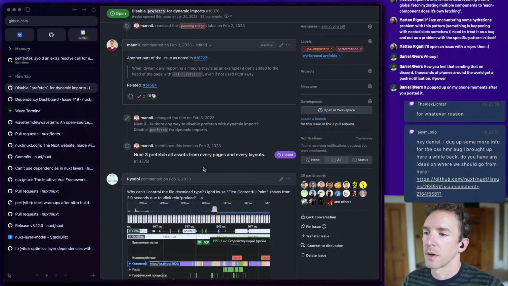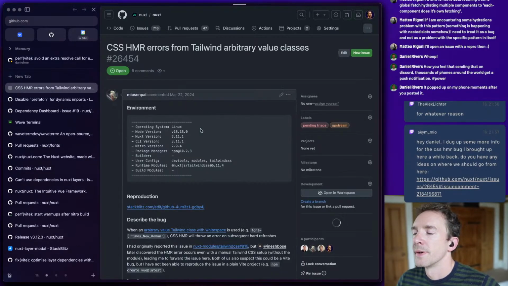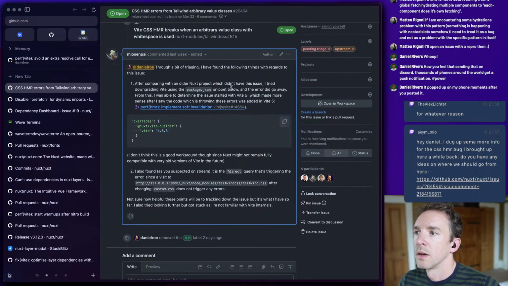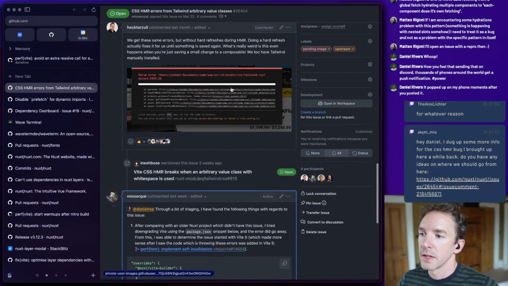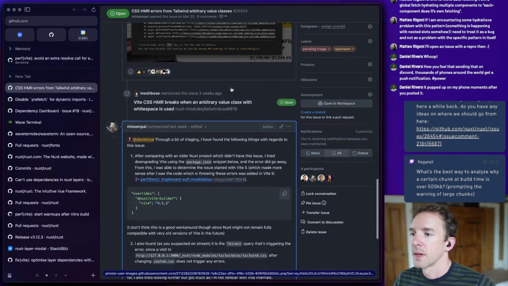CSS HMR bug. Yeah, this is very helpful. It is almost certainly a Vite bug.